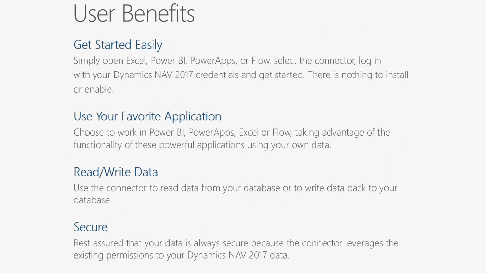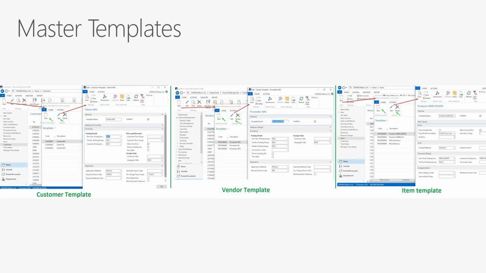Making that easy, being able to not only export information but import information, so read-write is important. And I see that we are getting up towards the top of the hour, so I'm going to breeze through just these last few. Looking at master templates, these are for customers, vendors, and items, defining those so that within